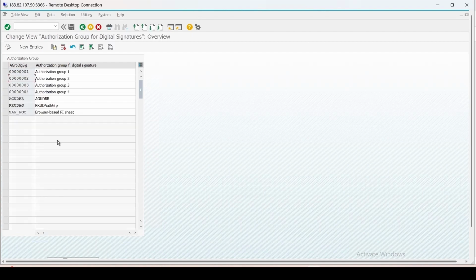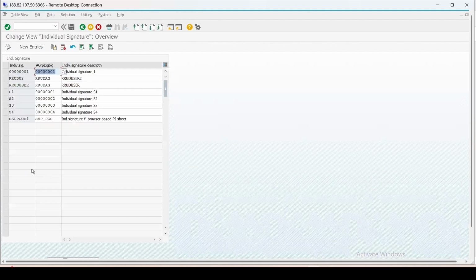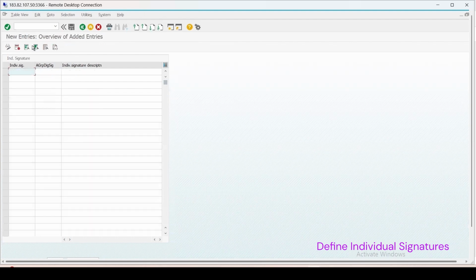Let's go back to define the individual signature. Click on execute. Here I can define the individual signatures. So again, you will click on new entries and here I can enter, say, for user 1, UD and RR, I'm keeping as this.